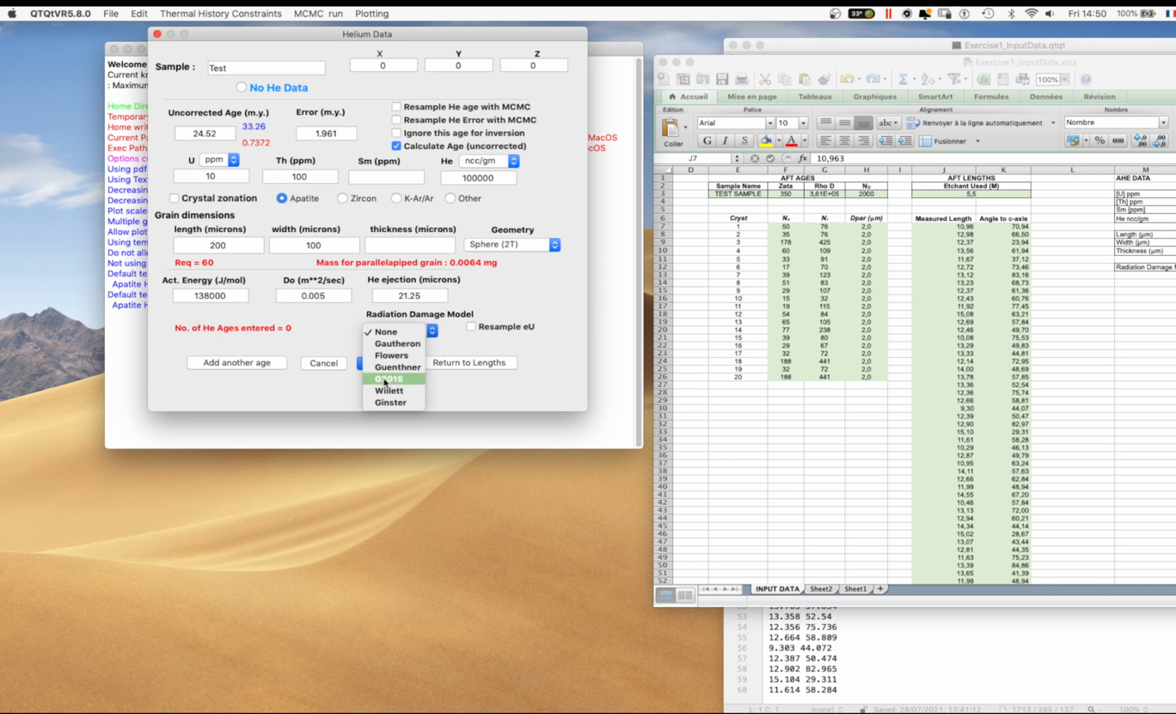Another model that came out of the Gautron group in Paris, which is a slight modification of the original model for apatite. A model published by Chelsea Willett for apatite radiation damage model, and more recently the Guenthner model, developed again by Willy Guenthner based on the paper by Guenthner et al. for zircon. So there's 2 zircon models and 4 apatite models, and as you see, I've got a default here